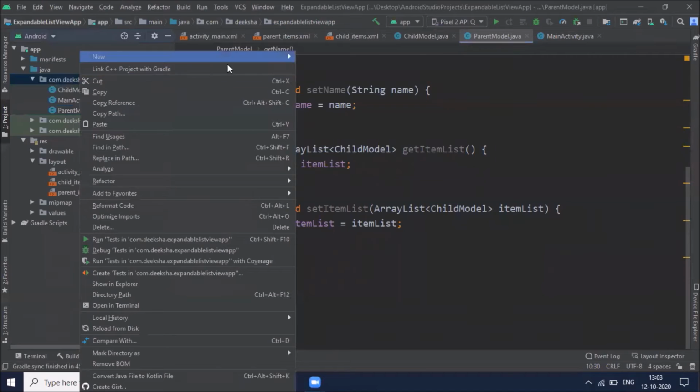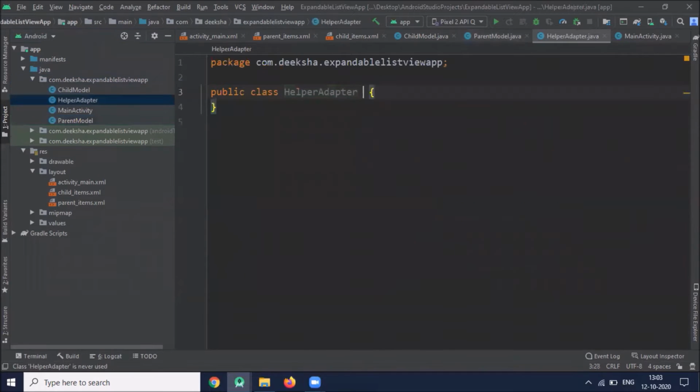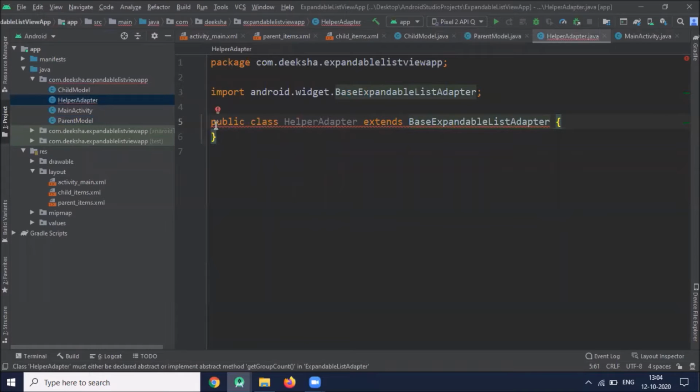So we're creating one more class and name it helper adapter. And this class we are creating to set the data in expandable list view from child model and parent model class. This class extends base expandable list adapter.